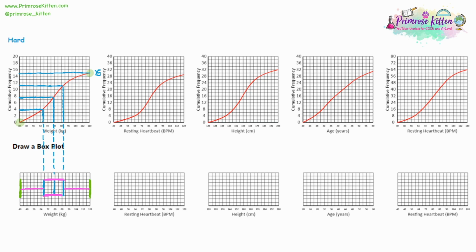And you can see how I've joined it up in pink. But normally this will all be in one colour, and it'll be in your pencil colour. So there we have our box plot. Now, what's the point of a box plot? Well, you can read off those 5 values really easily, and you can also see a few other things.